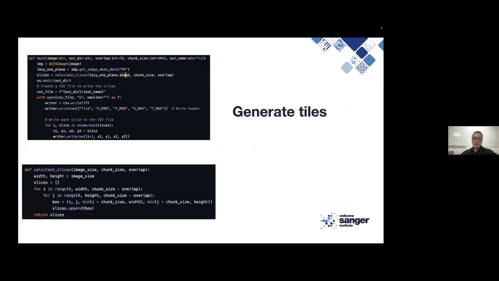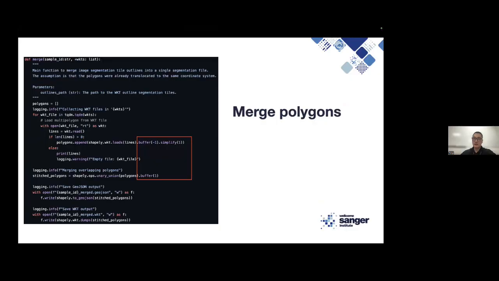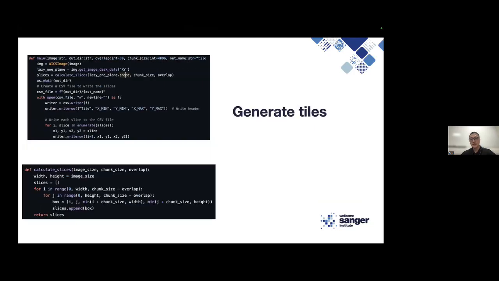You can have many ways. You don't have to follow the example that I'm giving, but as you can see, it's pretty short. Then you run the segmentation, which I've already skipped. Actually, it just runs canonical Cellpose on that tile. The only thing that maybe I need to highlight is